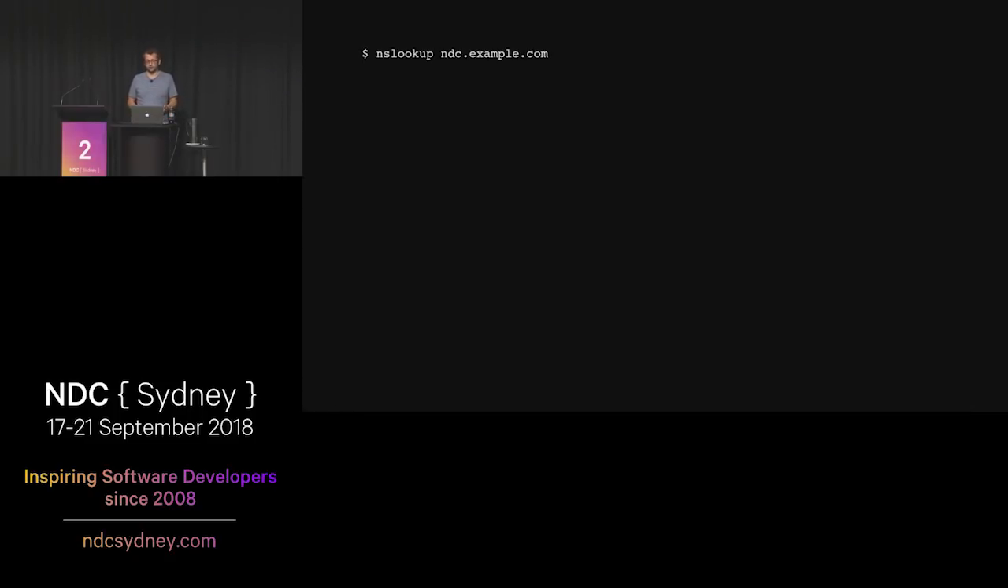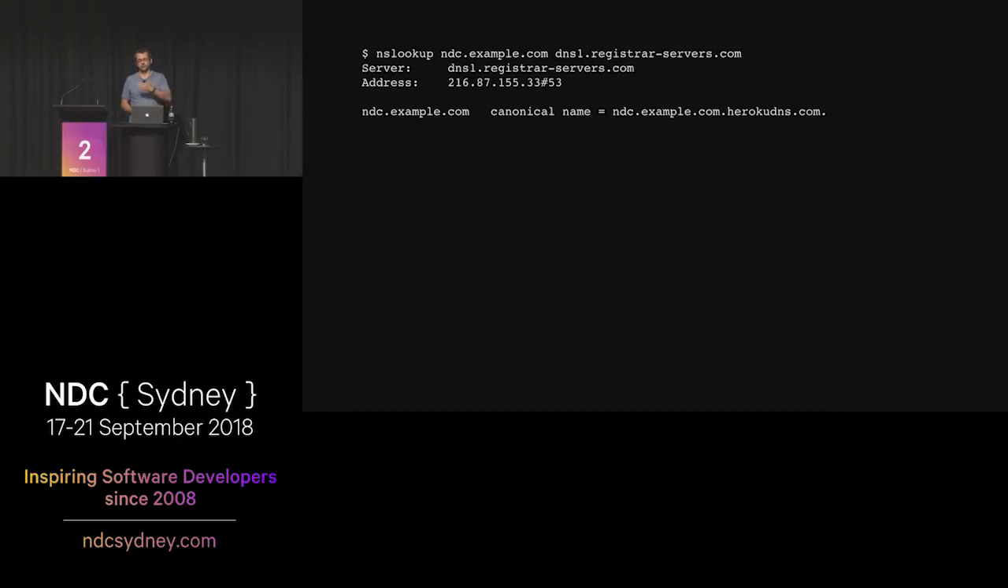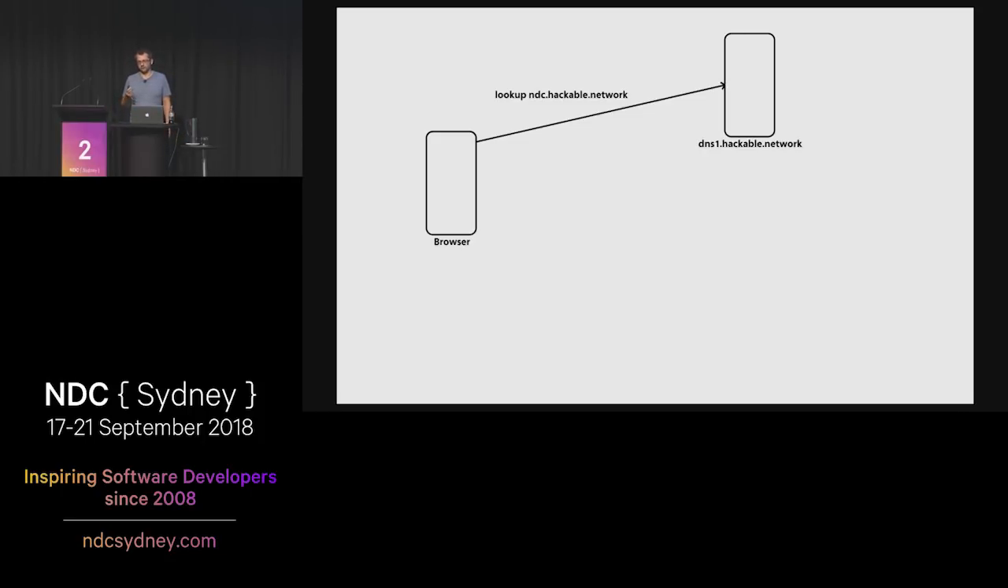So we do an NS lookup for this, and we ask the name server. We're going to get back, well, you have to go ask this other thing. So we can demonstrate this with arrows and boxes instead. So we're going to look up ndc.hackable.network, for instance, and we're going to ask the DNS of hackable.network, where can I find this? We're going to get back